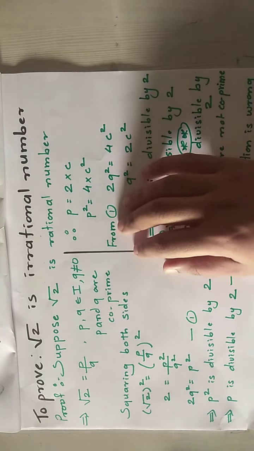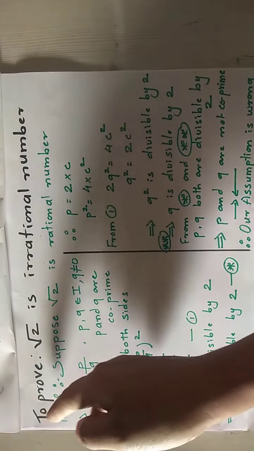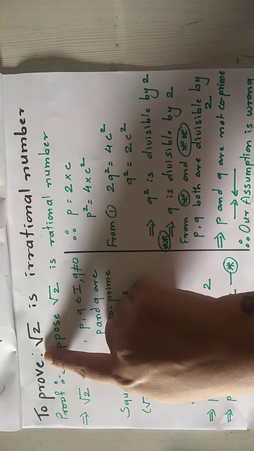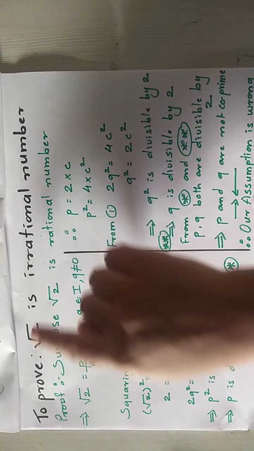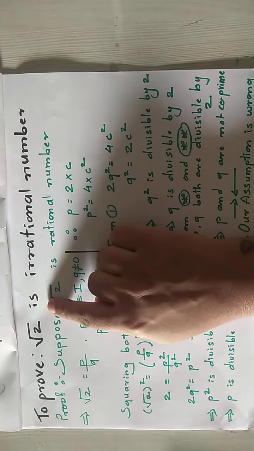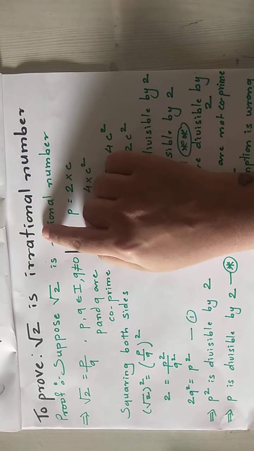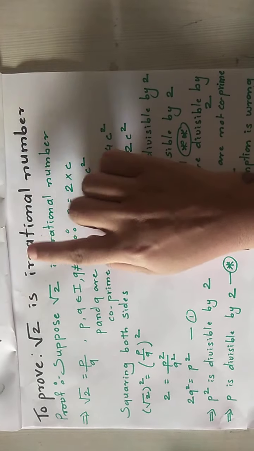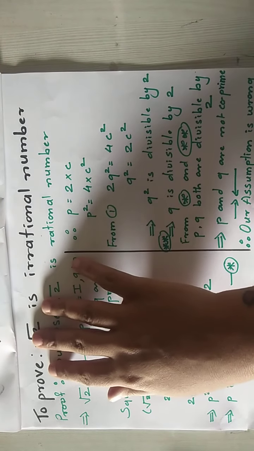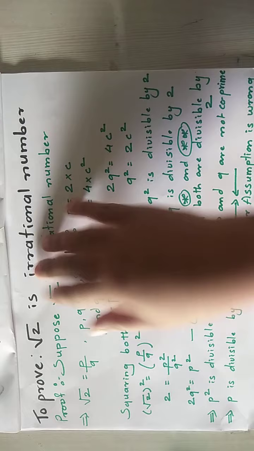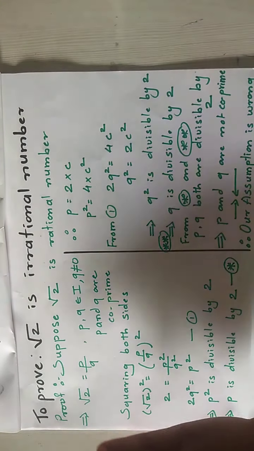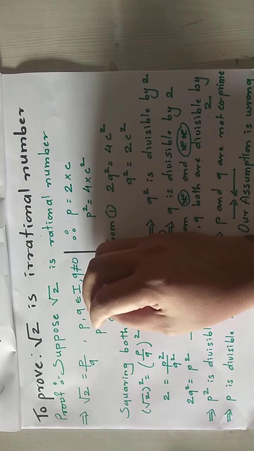In geometry, you have learned kinds of proofs in which you start from the statement to be proved, keep solving and get the proof step by step. That is called a straight proof. This is called a contradictory proof, in which we assume the opposite. If they tell us to prove, say for example, that root 2 is on the left, the opposite will be to assume that root 2 is on the right. We need to assume the opposite of the statement to be proved.